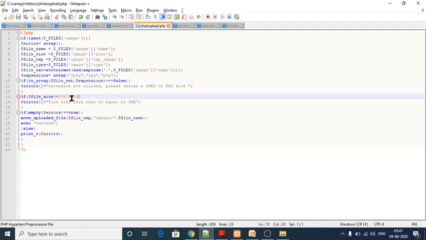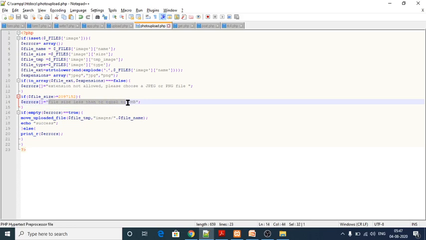And this is the size check, if my file size is exceeding 2 MB, the error message would be passed over by the server machine, because my photo size will be more than 2 MB.